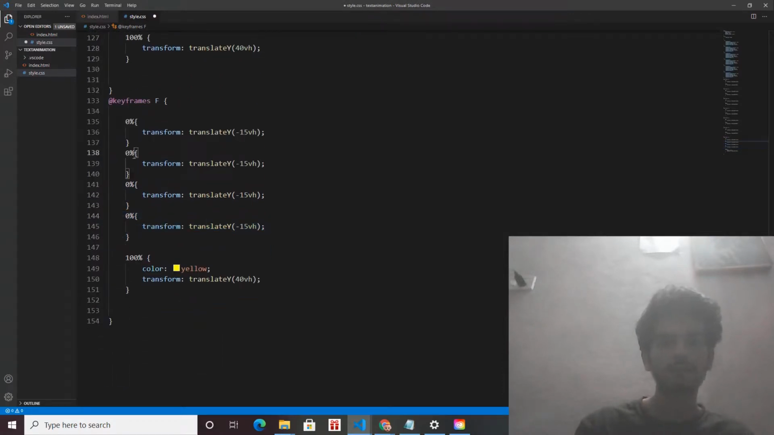Let's create some other positions of animation. 0% is the starting position, 25% is the second position, 50% is the third animated position, 75% is the fourth animation position, and 100 means final position. 0 means starting, and as I have said, 100 means final position. Okay, so in the 25%